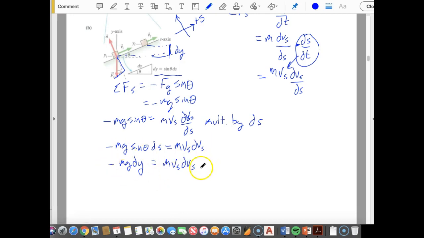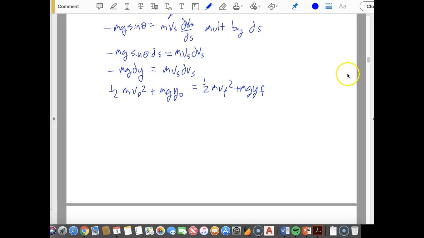So we've seen this kind of before. We know that if you have these, this is going to be 1/2 of mv0 squared plus mgy original, and that's equal to 1/2 of mvf squared plus mgy